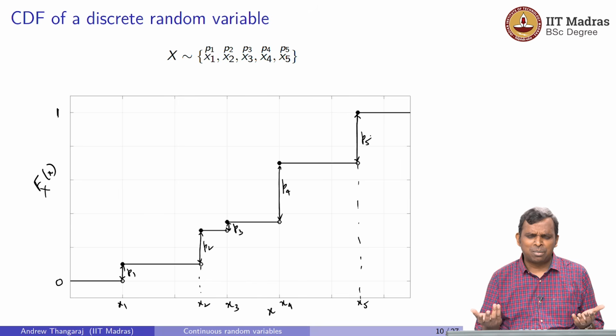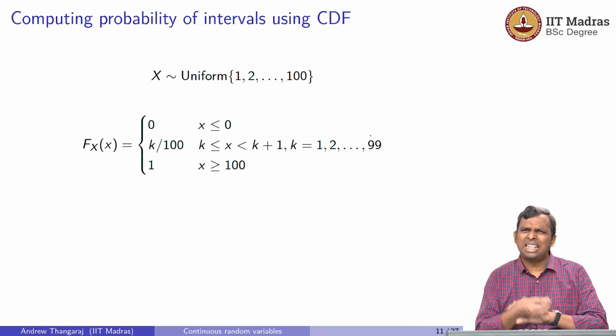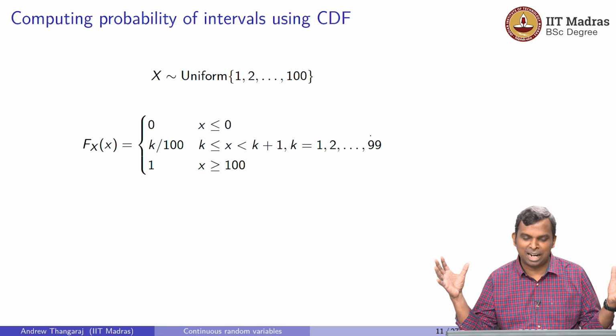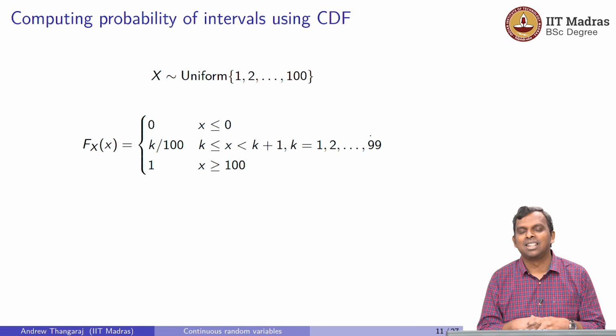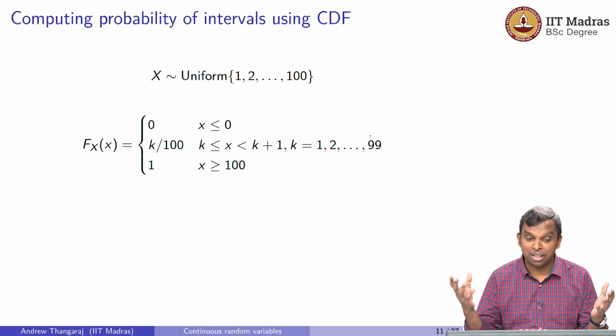It all seems simple. I've not really added anything of value beyond the PMF here. At one level, it's another representation of the PMF if you want, but there are nice pictures you can draw which will give you an impression of where we are going. But before that, let's do something slightly more non-trivial. Let's go to a largish random variable. So far we've been dealing with 4 values, 5 values, 2 values. Let's go to 100 values.